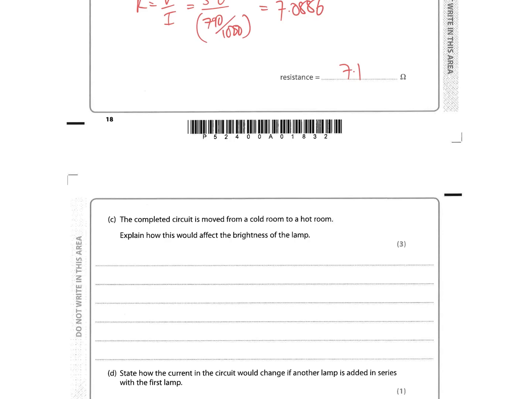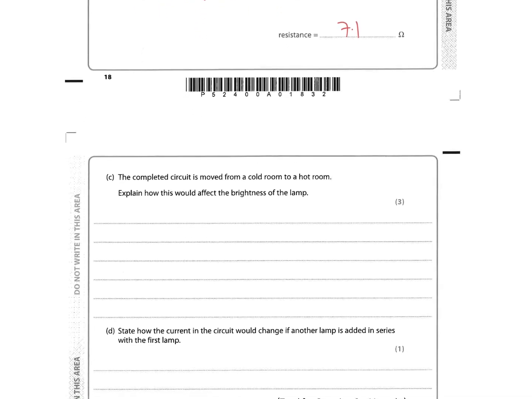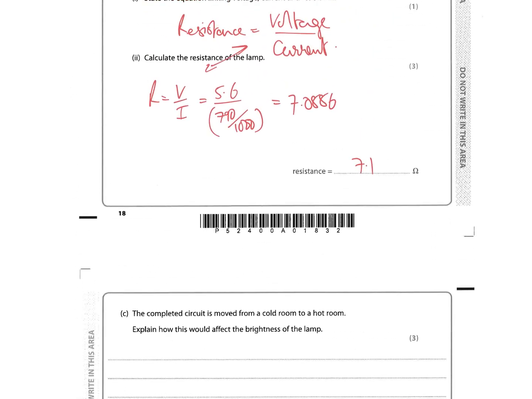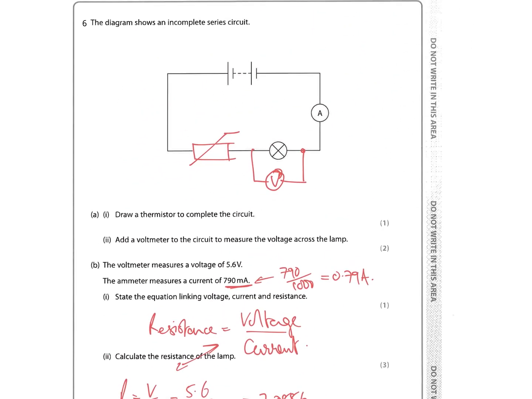Good. So now it says the complete circuit is moved from a cold room to a hot room. Explain how that would affect the brightness of the lamp. Let's remind ourselves of the circuit. So what's going to happen? There's only 2 components here, and hopefully you can recall that with a thermistor, and most thermistors